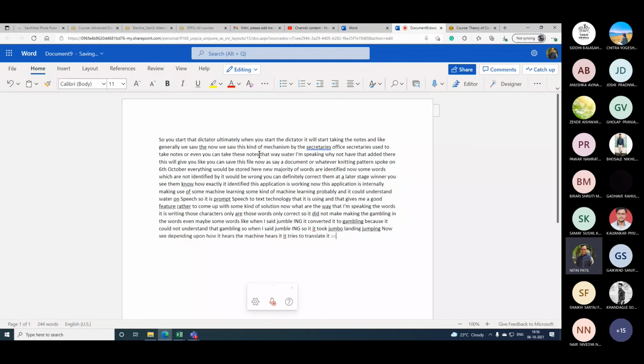So this may be a good mechanism to take notes. But ultimately our idea here is that it is trying to generate these words, and whatever is not valid, it would be showing us towards the end as invalid words. So let me stop recording this text and let us see where exactly the errors are.